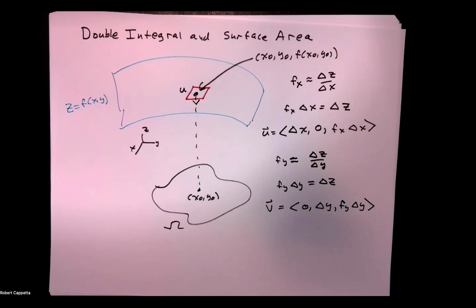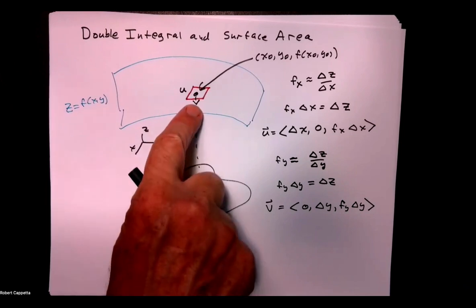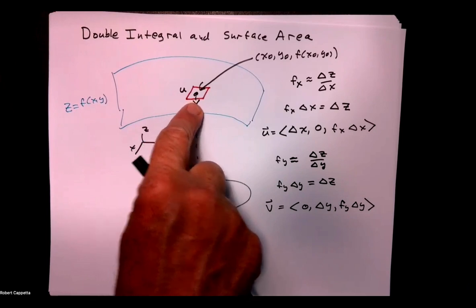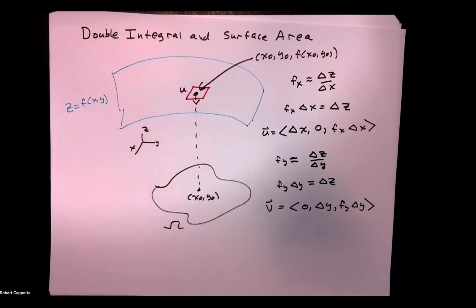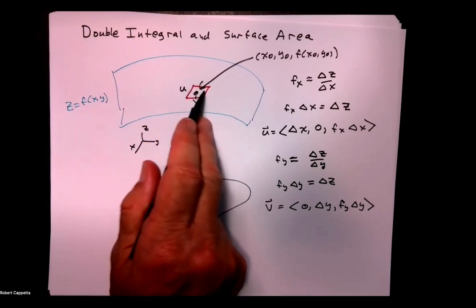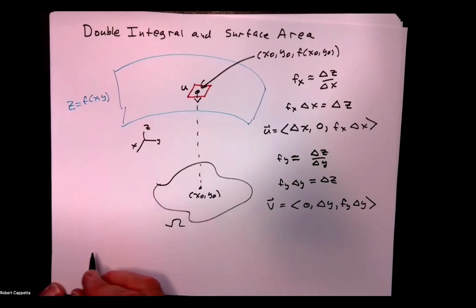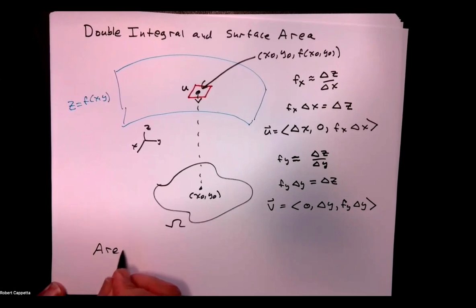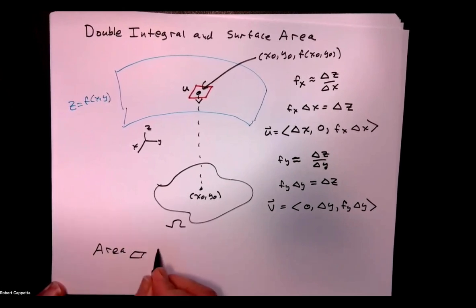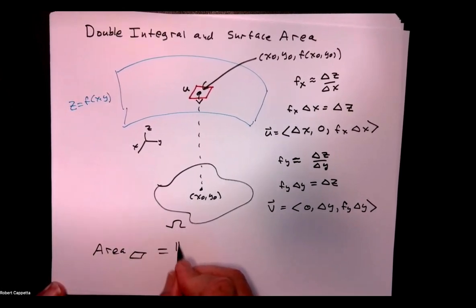And then we can ask ourselves the following question. Our goal is to get the magnitude of that little itty bitty tangent plane. And the magnitude of that parallelogram, right, with those two vectors is simply going to be the magnitude of u cross v. So the area of that little parallelogram is simply going to be the magnitude